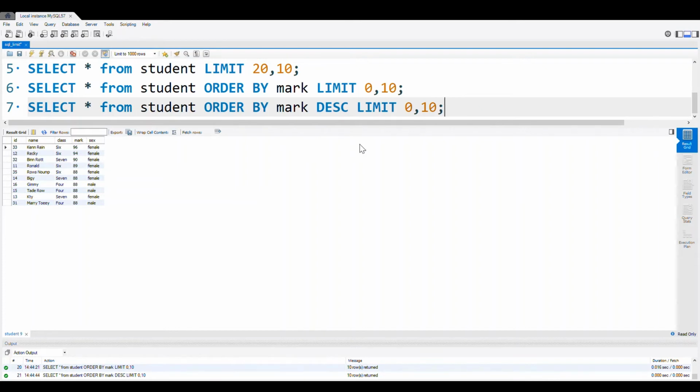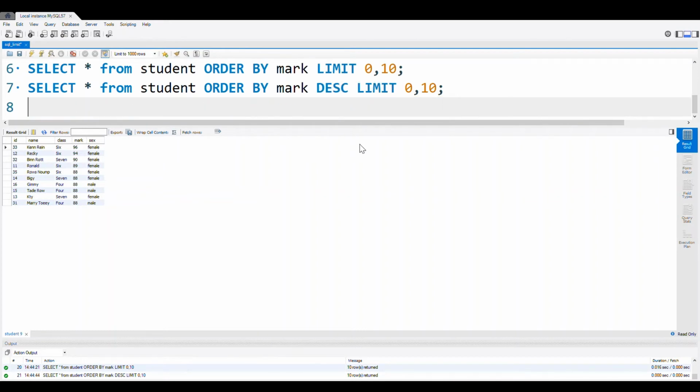Now this gives us another example, or it gives an idea. Let us say, who has got the first mark or highest mark? So what we will do, get the highest marks of the student or the student detail, order by mark DESC, and we will take it, start from 0 and 1 record only.